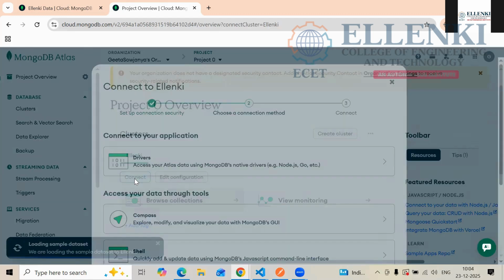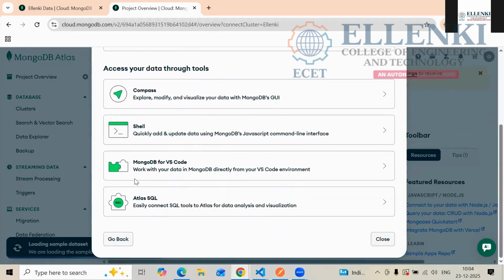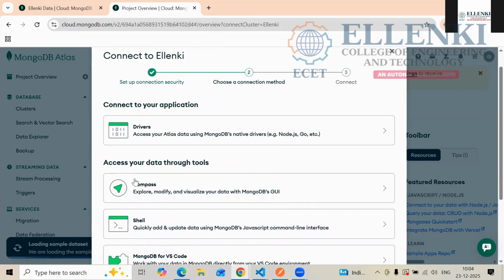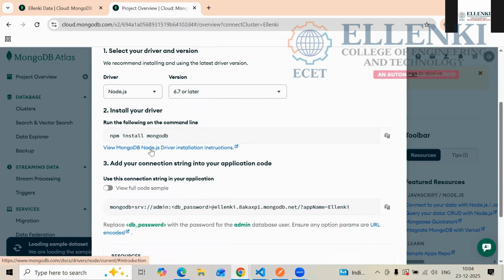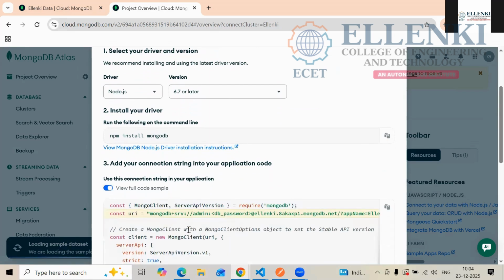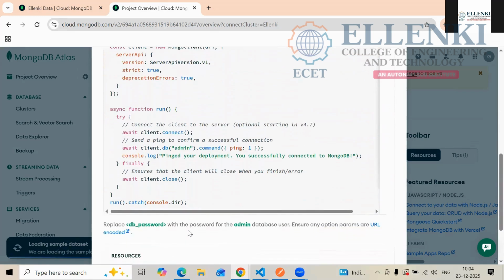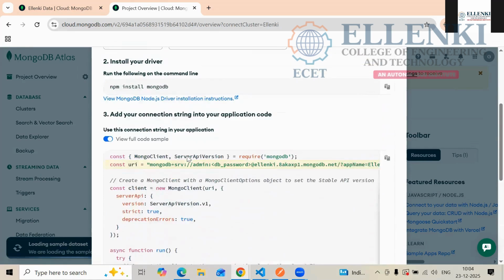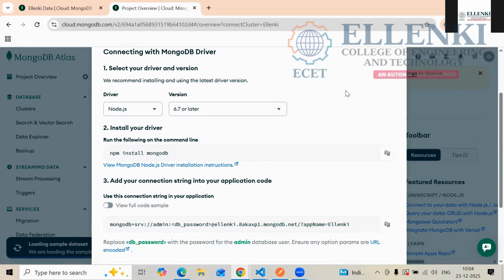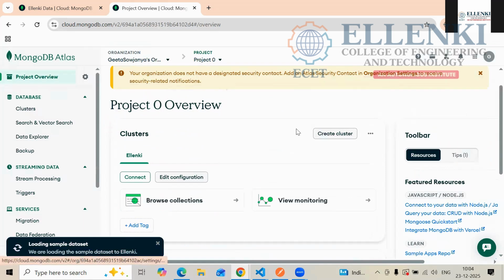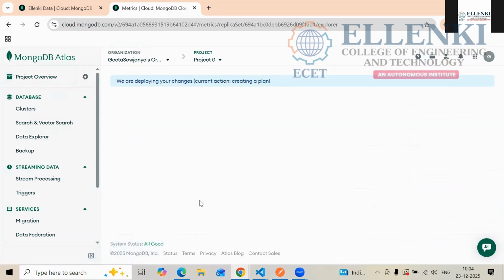First connect. So here you have one code, see. This code we are going to use. Before that, at that time I will explain it to you one more time. Here you can see the total code. This is the total backend code where you have to connect with Node.js. To connect with Node.js, we are using this total code. So now I'm closing this one. When it is useful to you, at that time I will explain one more time. Now here you have to go to the browse collections.